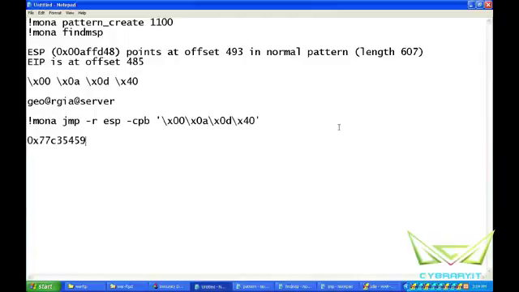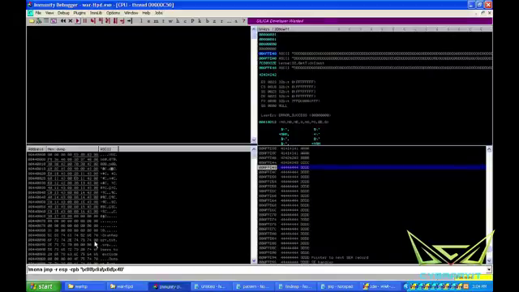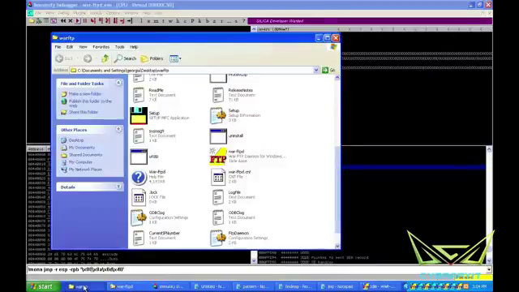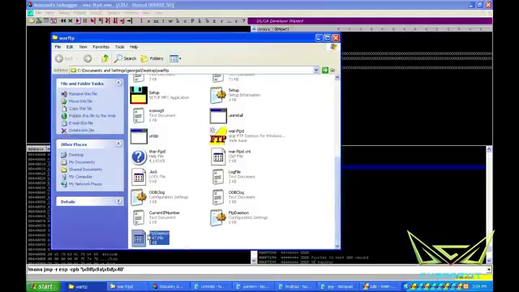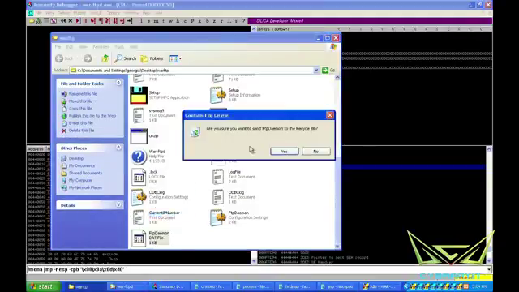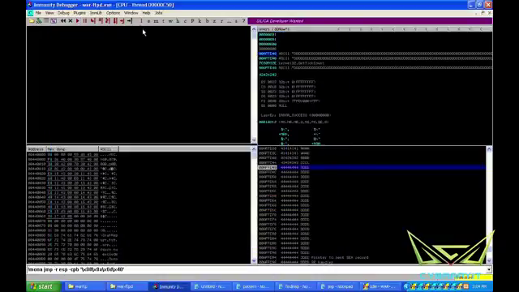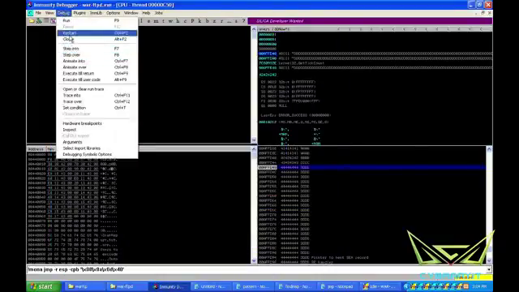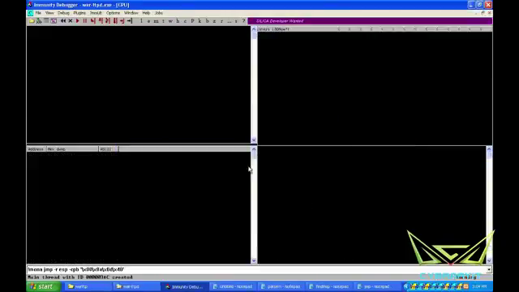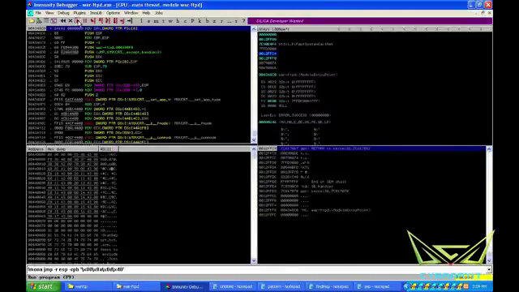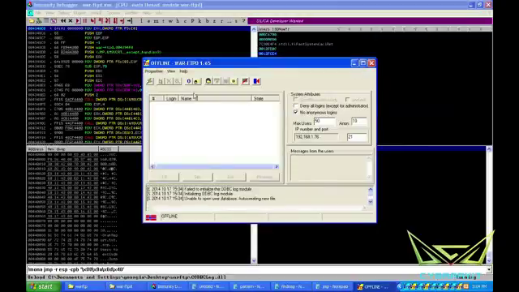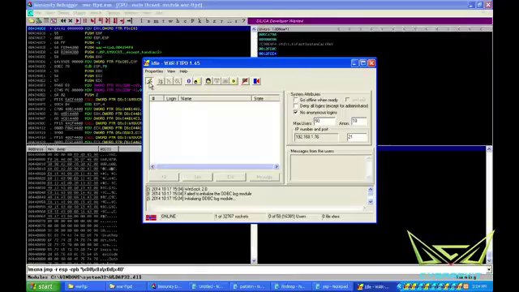Alright, so let's go ahead and restart. It is still crashed. So if we come over to Immunity, let's get rid of that ftpdaemon.dat. And then if we go to debug and restart, it should open up by itself now. Sure enough, it does, with the lightning bolt. And if we come over to our Kali,